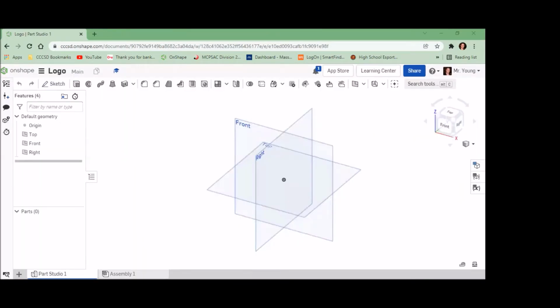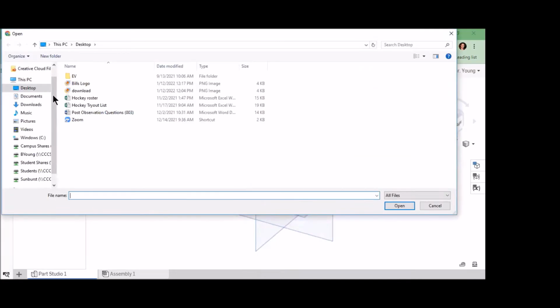Now go back to OnShape. And we want to import that image into OnShape. In order to do this, click the small plus sign in the lower left corner of the OnShape screen. Find the import option and select import. From here, you want to go to your desktop and locate the image that you've created. Mine's the Bills logo, so I'm going to go ahead and click on it. Select open,